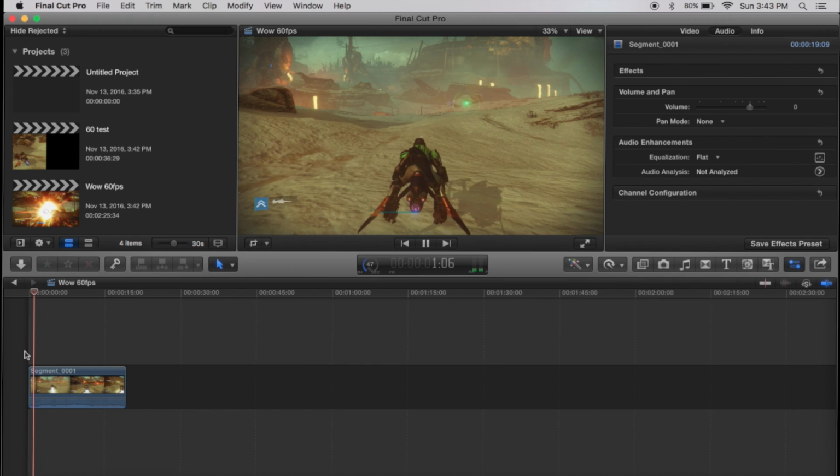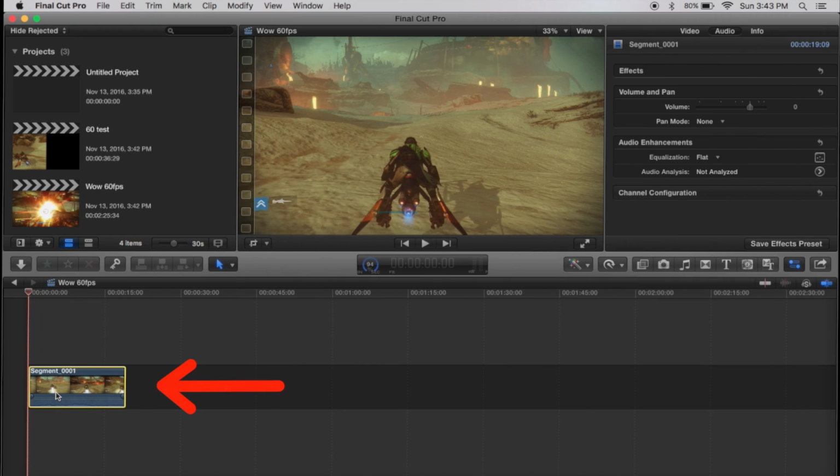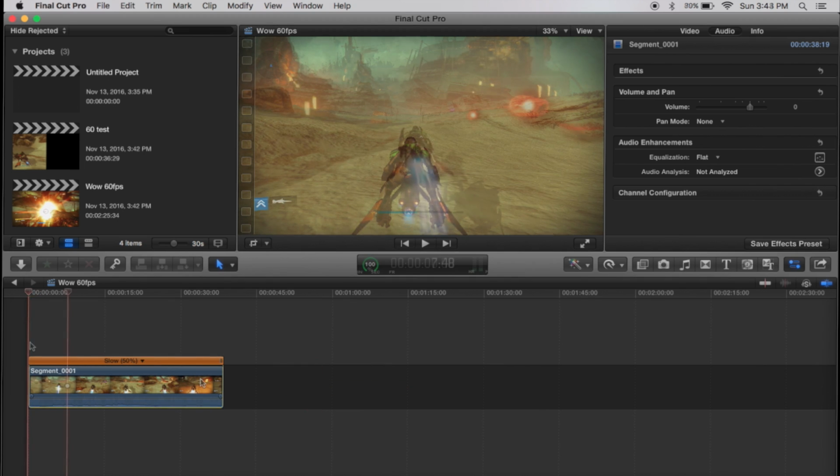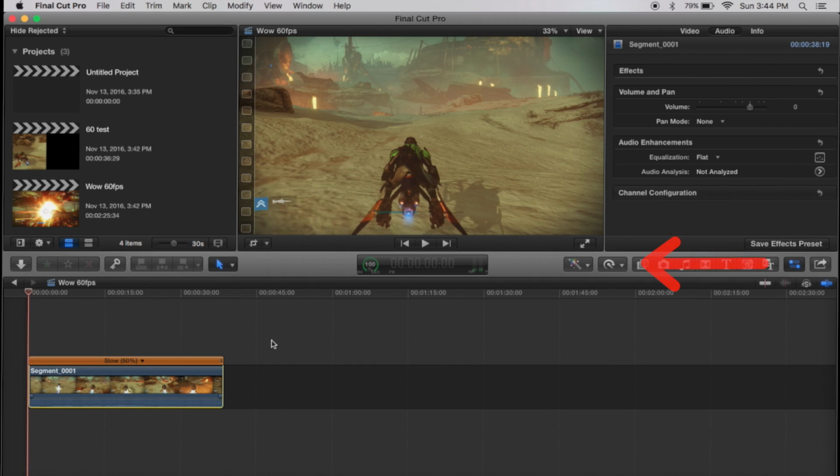So here's where the magic happens. You're going to push Command R on a Mac, or you can just right click on the clip and select Retime. Both of these things accomplish the same thing. And since Destiny normally runs at 30 frames per second, we're going to select 50% slow, and then you'll let that render. So next up, you're going to want to scroll over to this Video Properties tab,